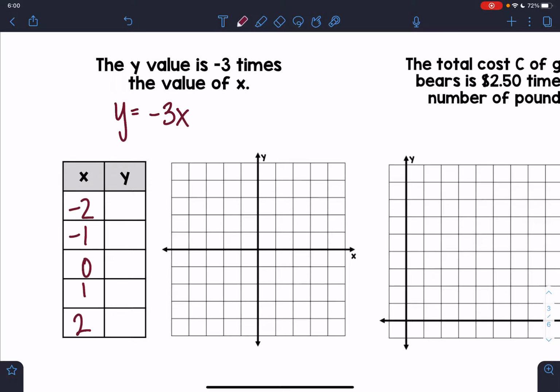So anytime you're asked to make a table, these are kind of the go-to numbers, okay? So making that table, I'm going to plug in -2 for my x, right? Like if I want to graph this, let's just kind of fill this in here. And -2 times -3 is,